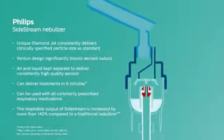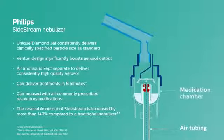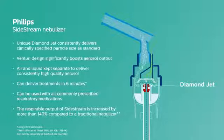The proven Philips SideStream Nebulizer works by pushing compressed air through the tubing into the medication chamber. SideStream is designed to boost airflow via an active Venturi system, resulting in fast drug delivery and short treatment times. It also has a unique diamond jet design which helps to minimise wear from frequent use and aids consistent delivery